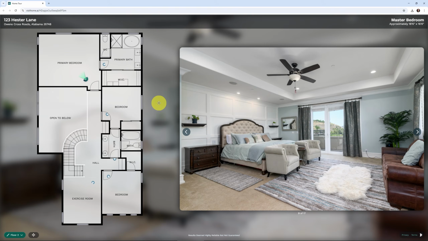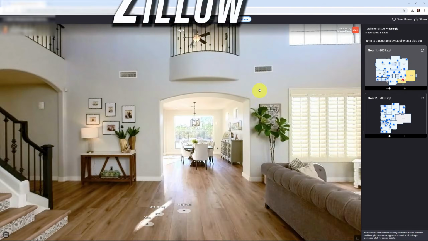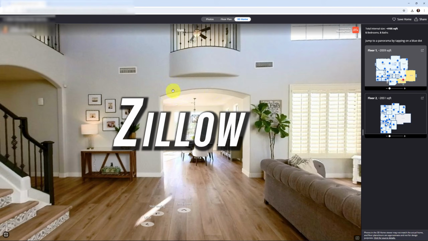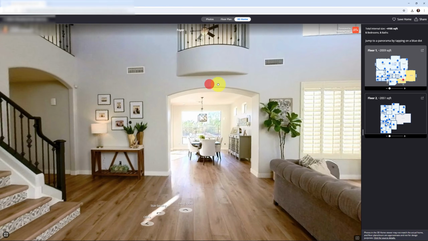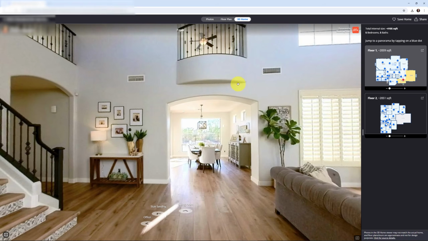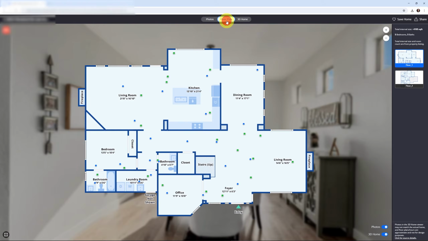But now let's move on to Zillow Showcase. So you're probably familiar with Zillow Showcase. Here is the 360 view. I show some of this once again also in that other video that I mentioned about comparing iGUIDE, Matterport, and other 360 cameras. But when it comes to the interactive floor plan, their version of it here, it is different